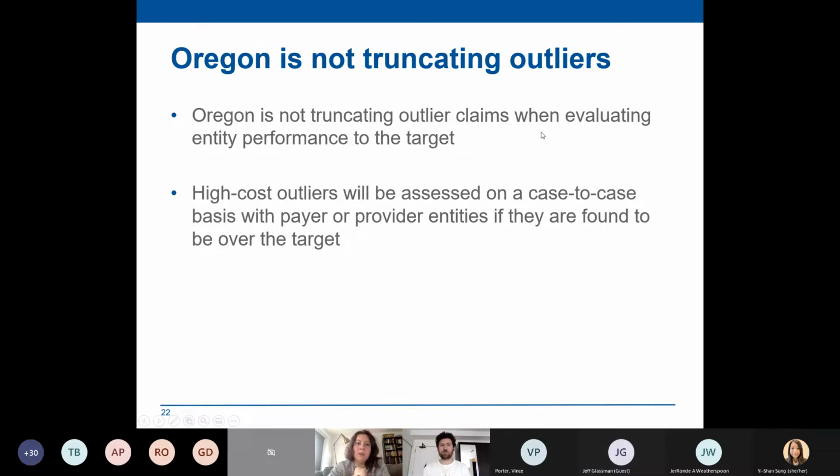I'm going to jump in on that, Vince. Thank you for that suggestion that this might go back to the new advisory committee. I've put that on the list to incorporate in the new committee's work plan. We've talked a lot with you all about the importance of aligning with other states and providing consistency in cost growth target programs. And yet this is one place where we are holding the line in our choice to not truncate. I hear what you're saying about having consistency in those conversations with payers, and I think that's a really important point that we should take into consideration. I don't think that will change our decision to not truncate outliers in the data submission. It would more likely change how we approach those conversations, but that's a really great flag for us. So thank you.